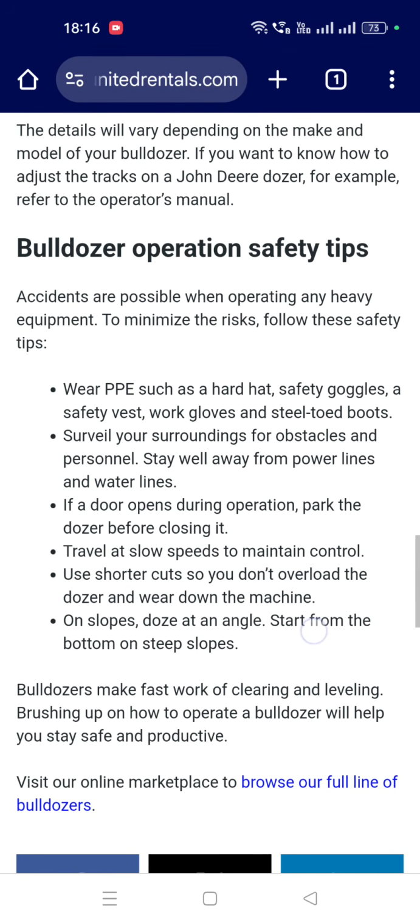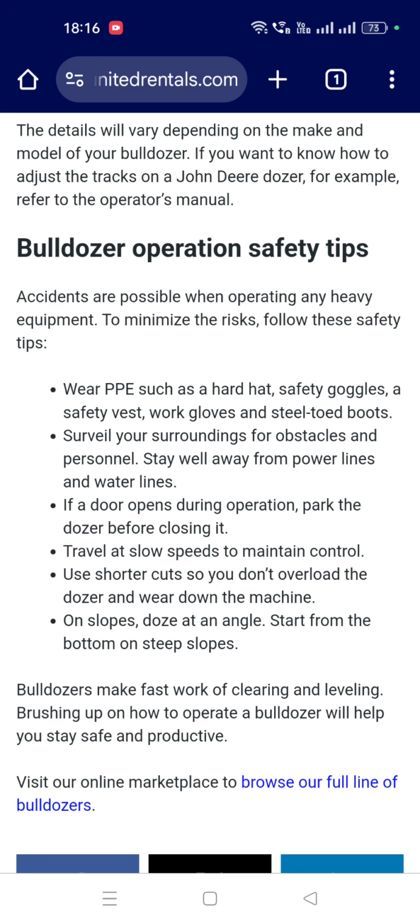Bulldozer operation is sensitive. Accidents are possible when operating any heavy equipment. To minimize the risk, follow these safety tips.